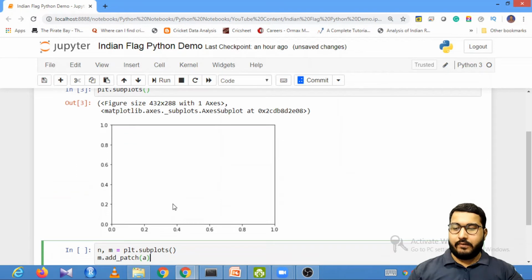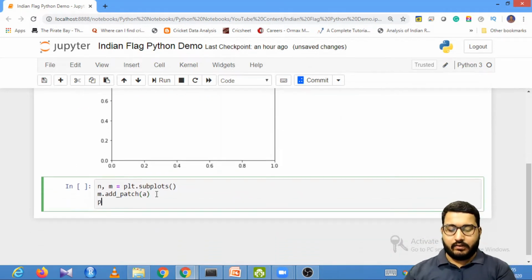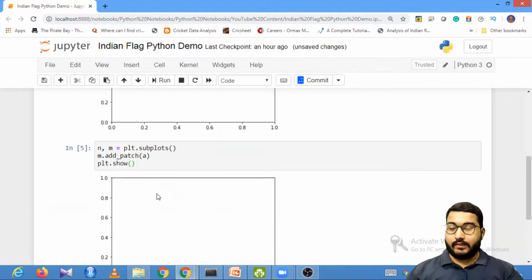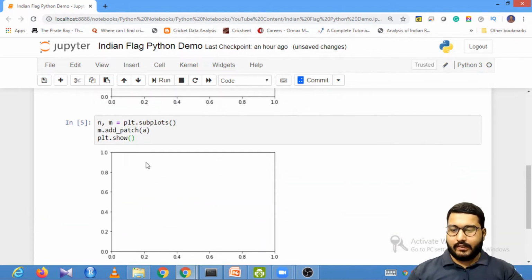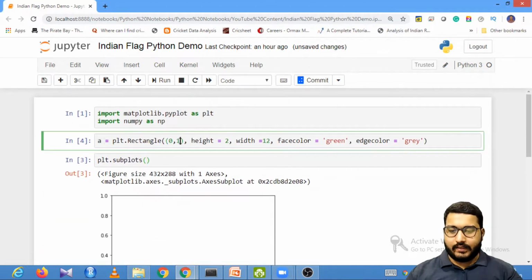Now if I run this command, I will not be able to see anything because I have not run my show functionality. So if I run this, still I don't have anything over here. The reason I am not able to get anything is because I have not scaled my axis. Over here, the shape of my rectangle has the width as 12, the height as 2, and it starts from 0 comma 1.